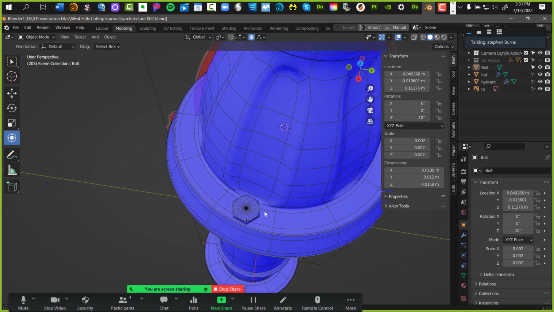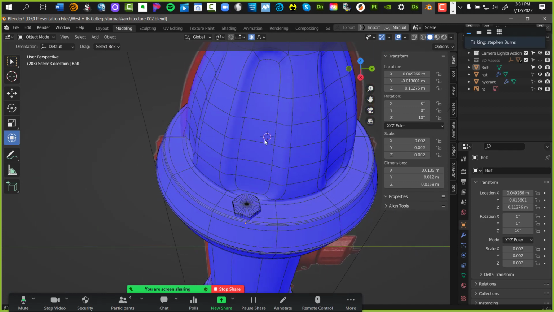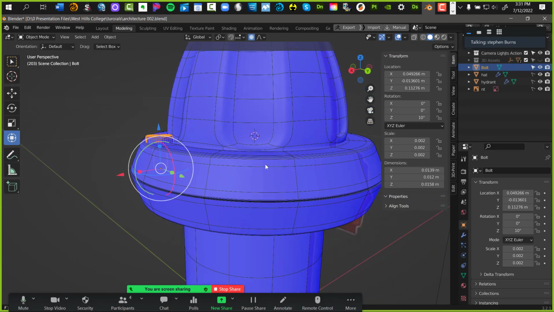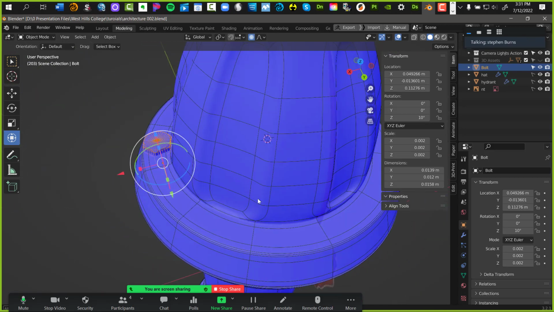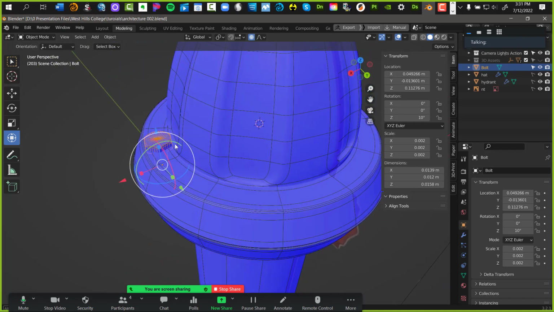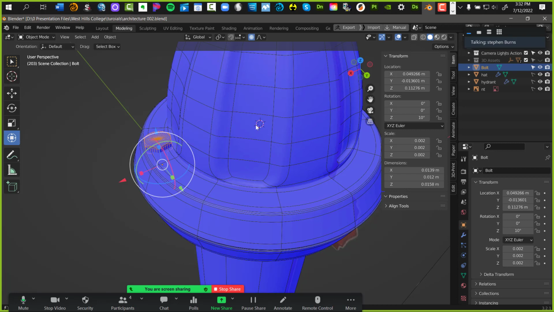Now, see our 3D cursor in there? If I select this object, the origin point for the object is in dead center of the object. I need to put the origin point on that 3D cursor. Because right now, you saw how I just rotated it? It rotated in space on its center of axis. I want to change the center of axis.